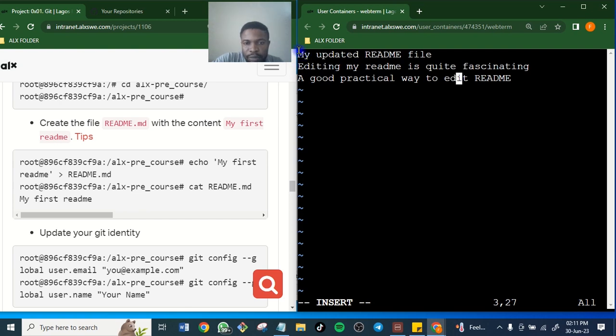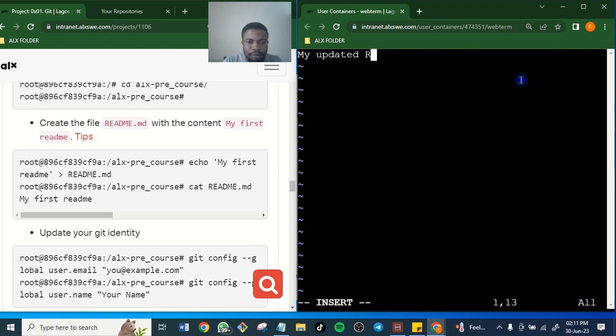I don't need these documents anymore. So let me just edit. Let's do that so that you can see everything will follow sequentially. Yes, you are asked to put what? My first readme.